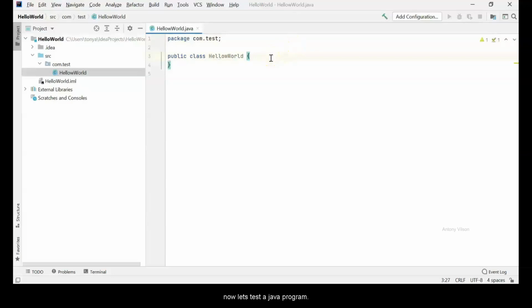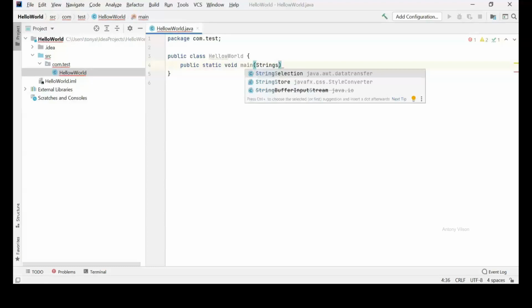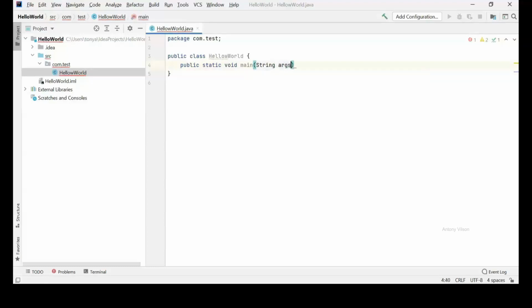Now let's test a Java program. Here, let's type the main method. I'm going to print hello world.